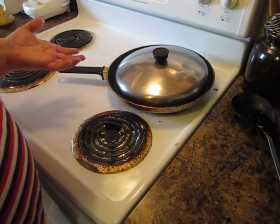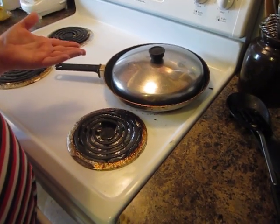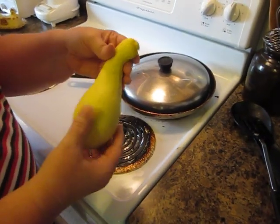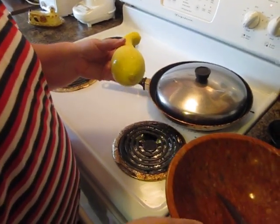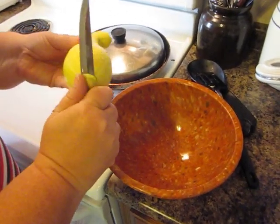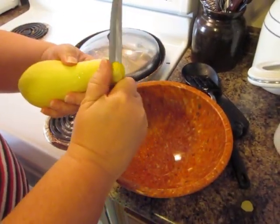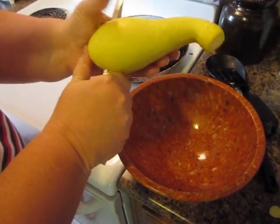Okay, I'm going to be making homemade southern fried crookneck or summer squash. This is what the squash looks like. And I've already started some because for the purposes of video you don't want to watch about a 15-minute video. But I cut the ends off like this, and then I like to quarter them